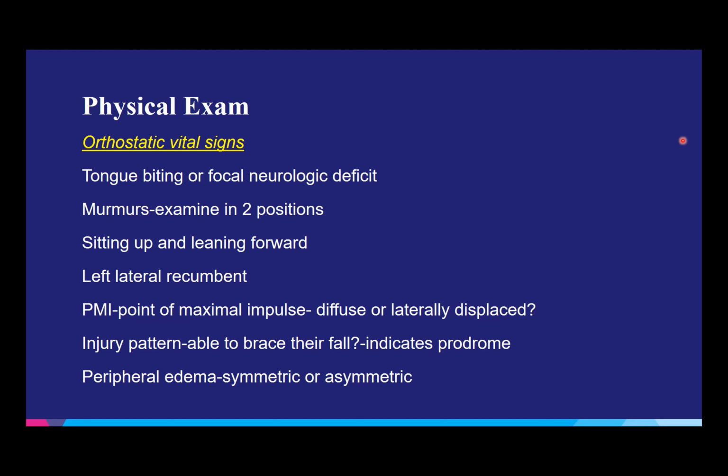Look for tongue findings, look for focal neurological deficits. Every syncope patient must have a full neuro exam. Do a cardiac exam, right? I mean, your generation is probably going to put a POCUS on their chest. That's fine, but do it, right? Find out if they have some kind of valvular abnormality. Change positions a couple of times and see if your murmur is changing. No one does PMI. Even I don't do PMI unless my patient's really skinny and I can actually feel it. And then injury pattern, like we were saying, right?